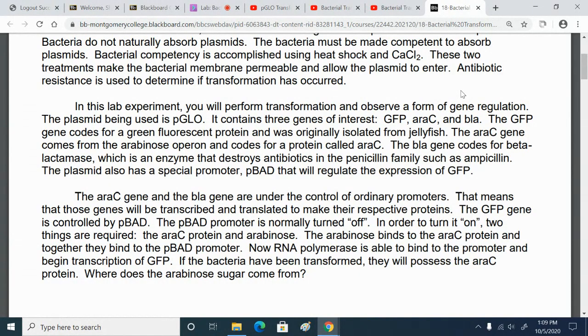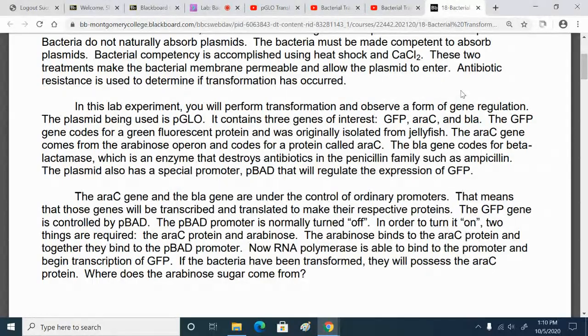pBAD. And so pBAD, along with the araC gene, will actually come from the arabinose operon. So we talked about operons. And when it comes to the sugar arabinose, since you probably have never heard of that sugar, it's not a very common one. So the arabinose operon is normally going to be turned off. Only if very specific conditions are met will the arabinose operon get turned on. And it's actually a very complicated operon. But only 2 pieces from that operon are being used here. And those 2 pieces are the araC gene and the